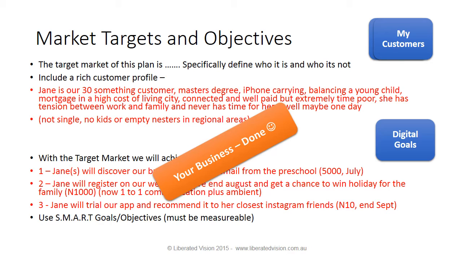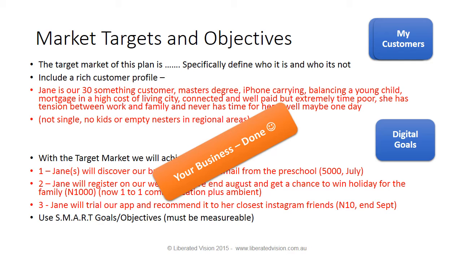A couple of goals there, and these are kind of random because we just chucked them together as well. We wanted Jane-like people to discover our brand via an email from a preschool that her child attends, and we wanted numbers of roughly 5,000 or so by July of this particular year. We want Jane, secondly, to register on our website before the end of August and get a chance to win a holiday, and the holiday is particular because she's got no time for herself, and she can take the family as well. We're hoping, of the 5,000 who will discover the website, to get 1,000